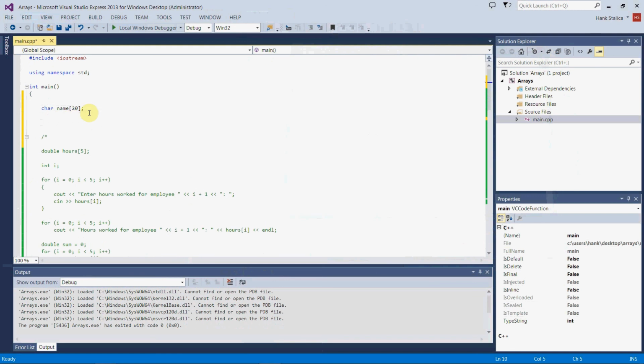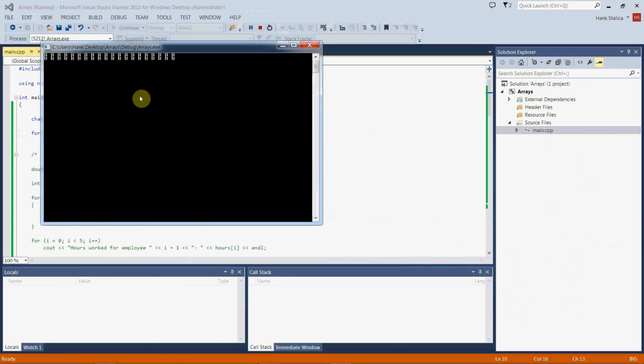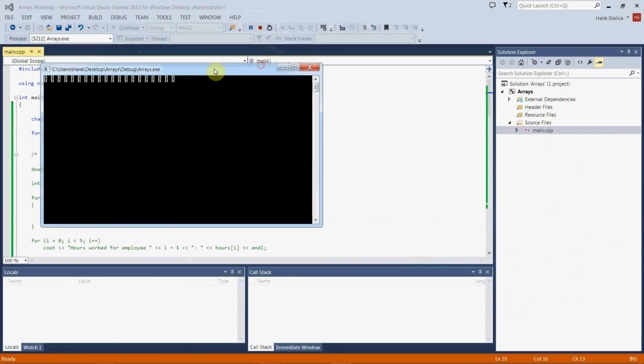So let me show you what I mean. Okay, let's write a for loop to print out all the contents of this array. Okay, cout name and some spaces, just so we can space the thing out. Okay, so why do I have squiggly lines? Oh, I forgot my i here. Okay, so let's try it and see what happens. Okay, so you see in those memory locations